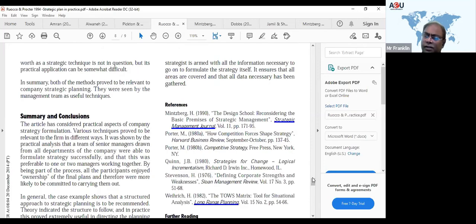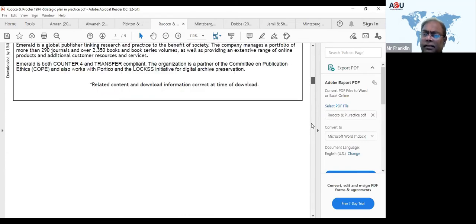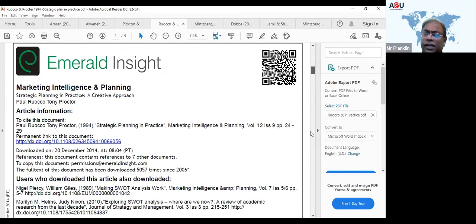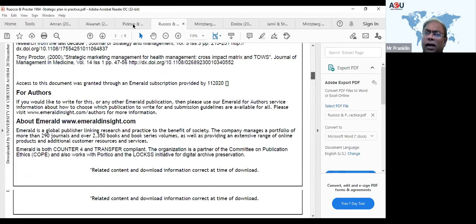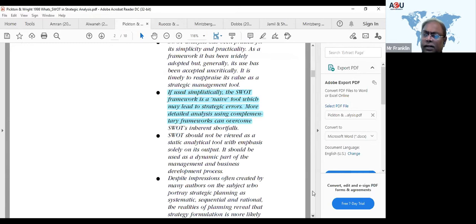This is a good article, actually. Right, so where you can use it to analyze and critique this thing. All right, so you can use this one. Any other article again? Picton, is it? Picton is the one that talks about using it simplistically. The SWOT framework is a naive tool which will lead to strategic errors, okay? All right, so that's the thing about what you call